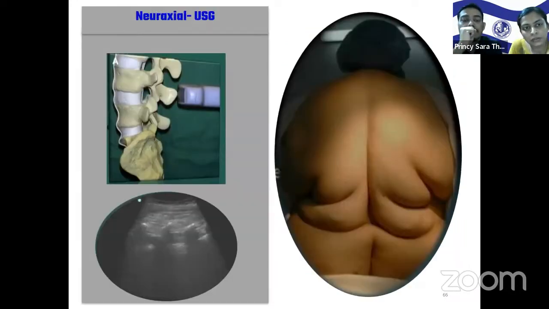And the concerns include positioning of the patient; we will prefer a sitting position with leaning forward. This facilitates the identification of the midline. Lateral position is not preferred because, due to gravity, the lateral fat may sag down, which can obscure the midline, and palpation of the spine may be difficult in this patient. So we can use ultrasound guidance to identify the epidural space.